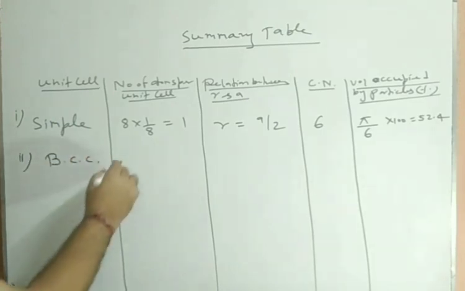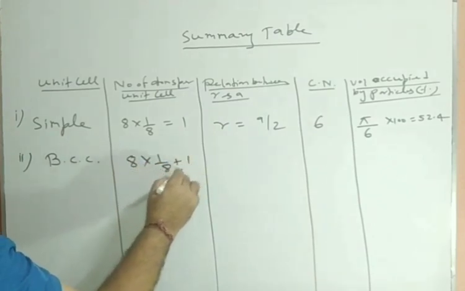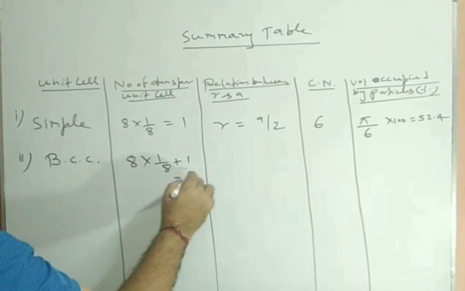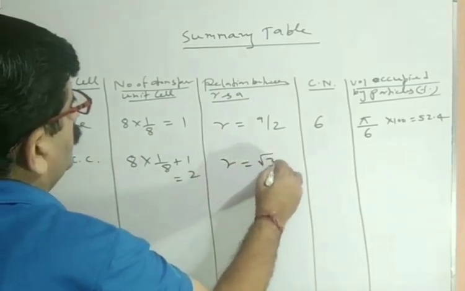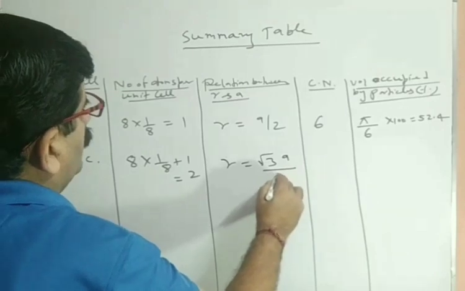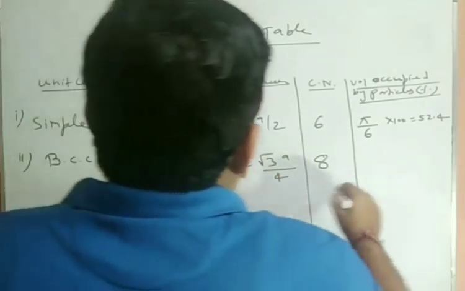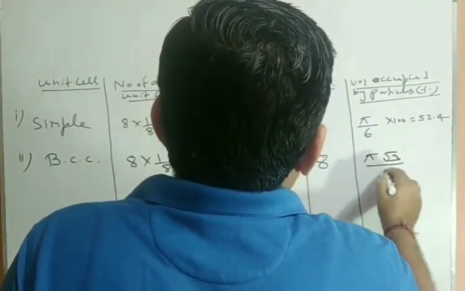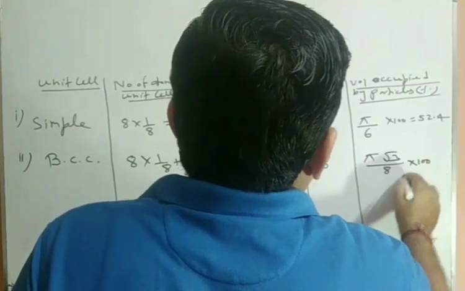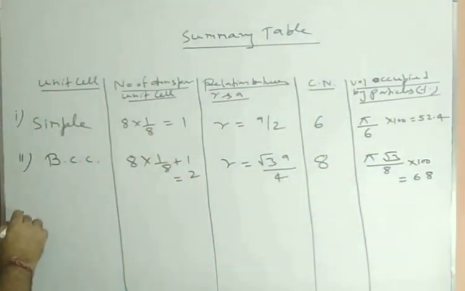Second, BCC. 8 into 1 by 8 plus 1 is equal to what? 2. R is equal to root 3A upon 4. Coordination number 8. Pi root 3 by 8 into 100 is equal to 68%. And the last one,